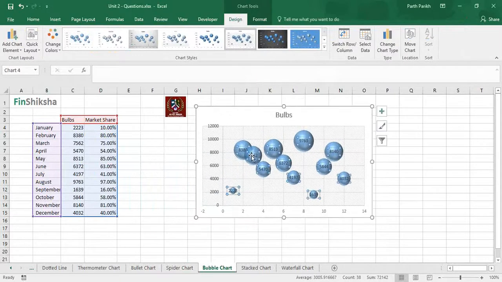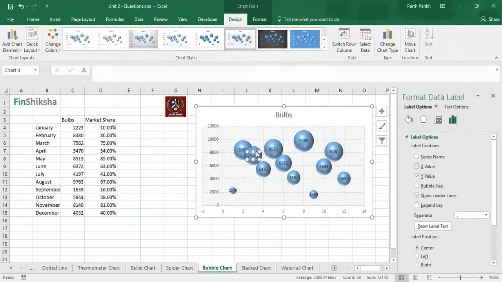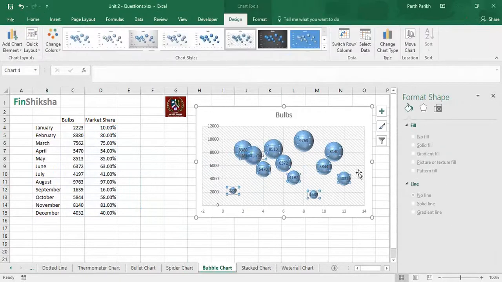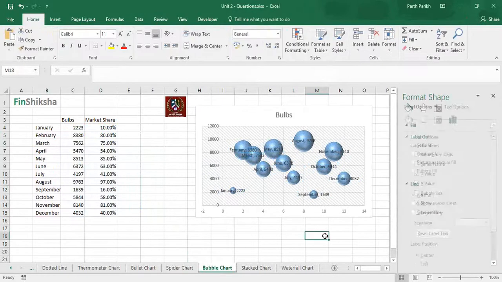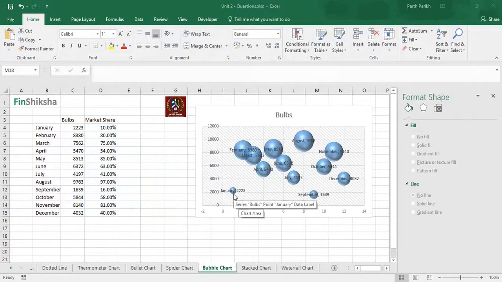So this chart basically is a very simple chart. It just shows that you can have x values, or you can have x and y values over here. It basically shows that with respect to months, what is my market share. So it is a very nominal market share in January. The bigger the bubble, the higher the market share. February and March it's more, August it's more, November it's more. So this is more like in my output when I'm trying to track the market share with respect to my competitors, and then trying to evaluate the strategies around it.